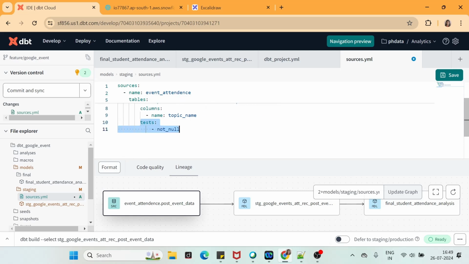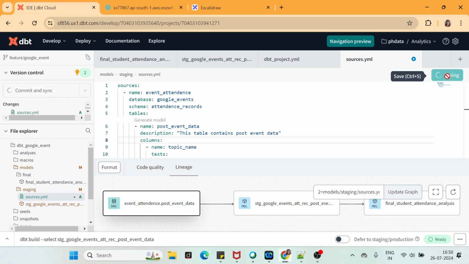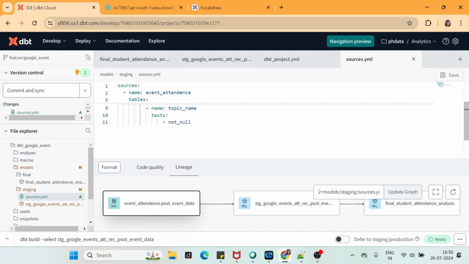So whenever you make a syntax mistake, dbt will let you know that this is something incorrect and you need to fix that. So I will just save it. In this way, you have defined that whenever you are doing a build, this particular model is going to include that test which has been defined under your sources.yaml file, which is not null. So it says that your topic name should be a not null value.